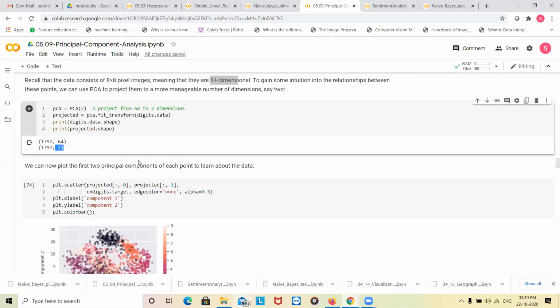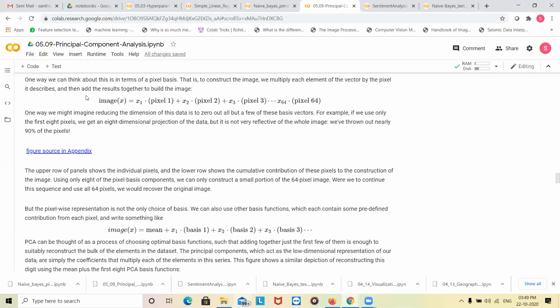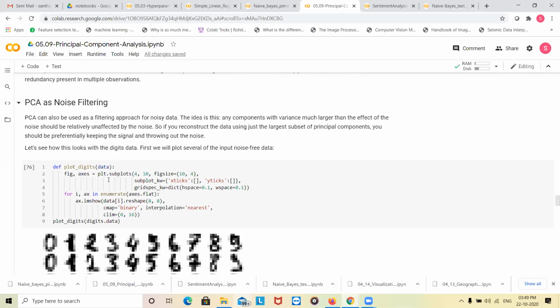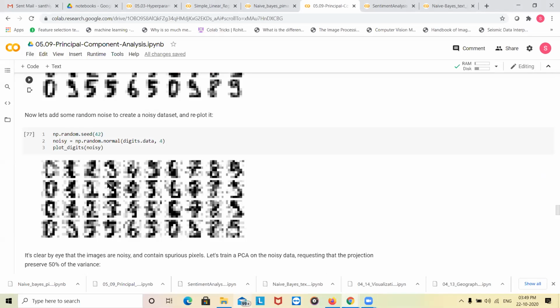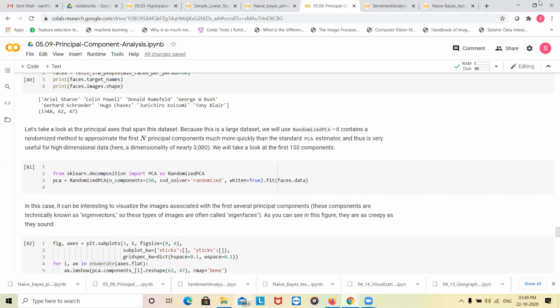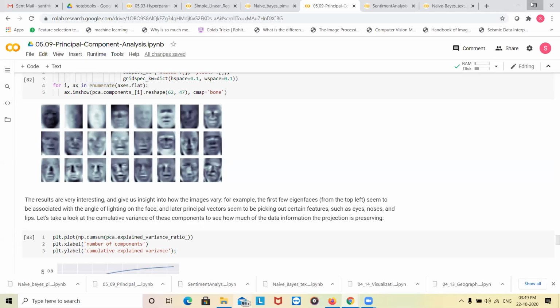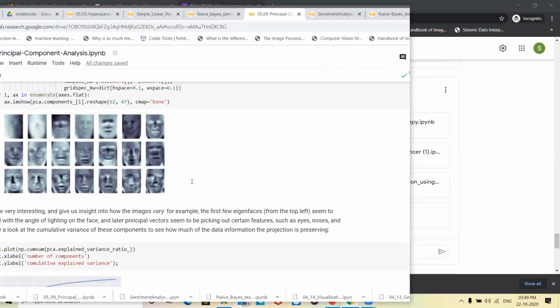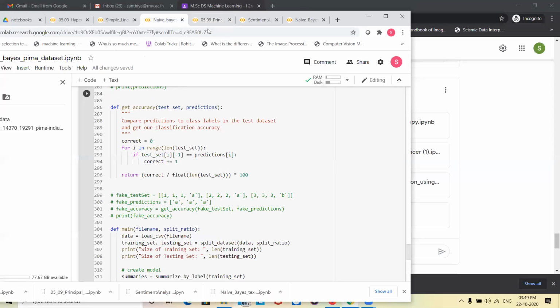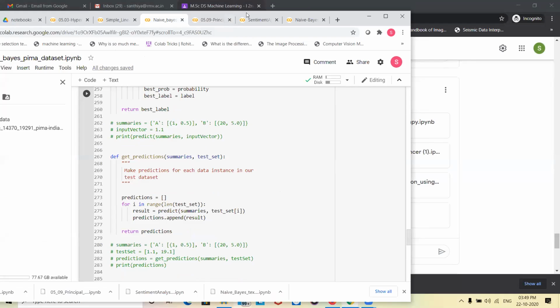Post that, we'll see how PCA is used for noise filtering. We'll apply the same data set again and see how it's used for noise filtering, followed by eigenfaces. So this is the agenda, and following this we'll also see how naive Bayes is used for classification